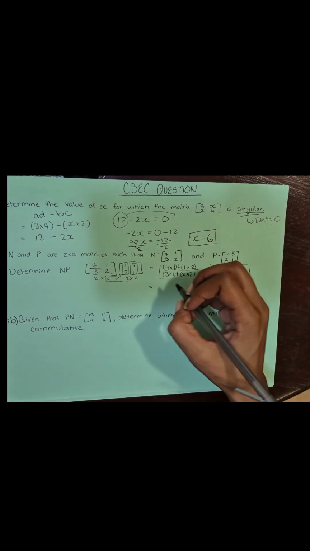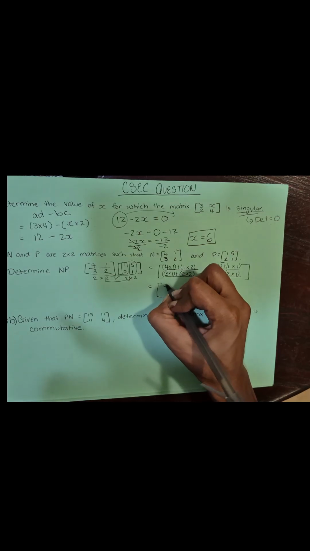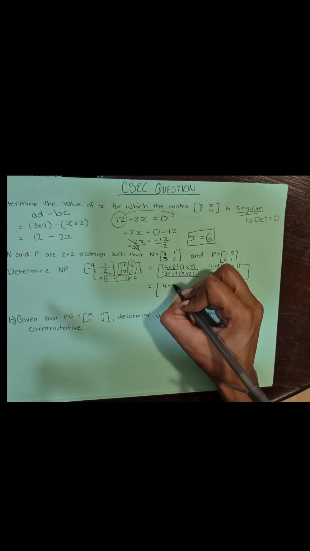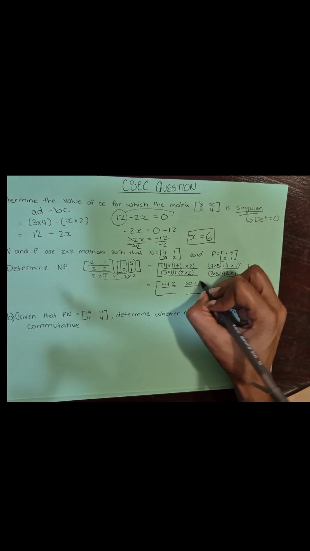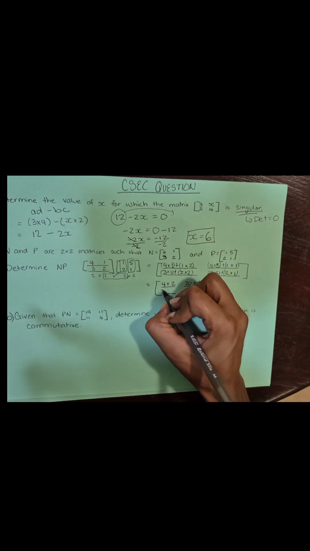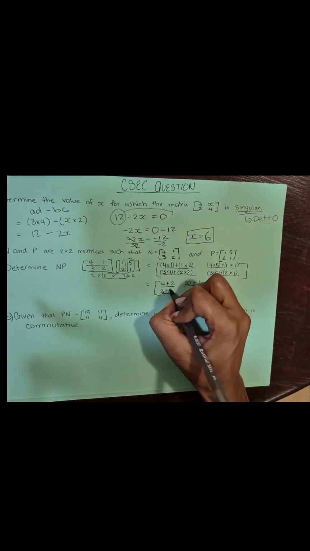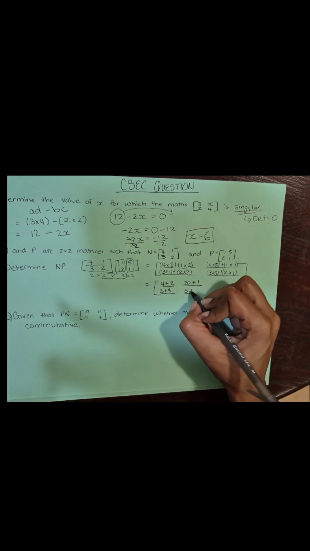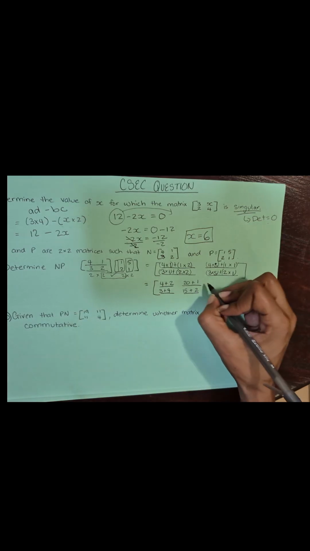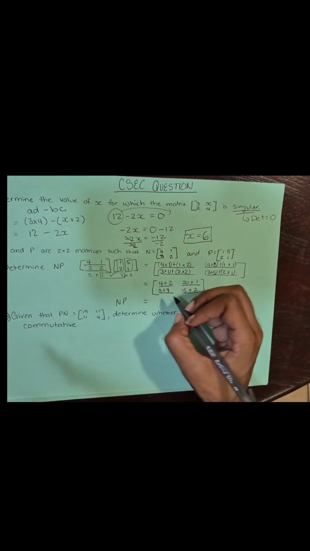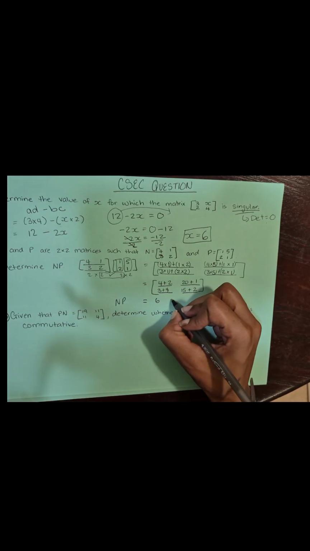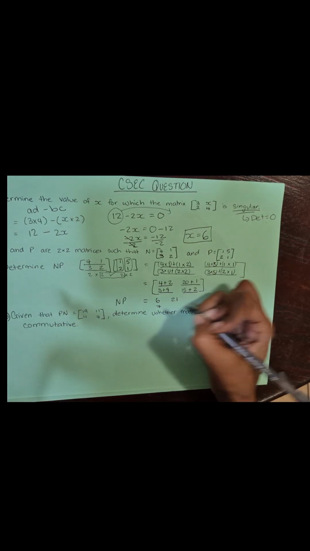And now we can solve. So we're gonna get 4 times 1 is 4 plus 1 times 2 is 2. 4 times 5 is 20, 1 times 1 is 1. 3 times 1 is 3 plus 2 times 2 is 4. 3 times 5 is 15 plus 2 times 1 is 2. So our NP is finally equal to 6, 21, 7,